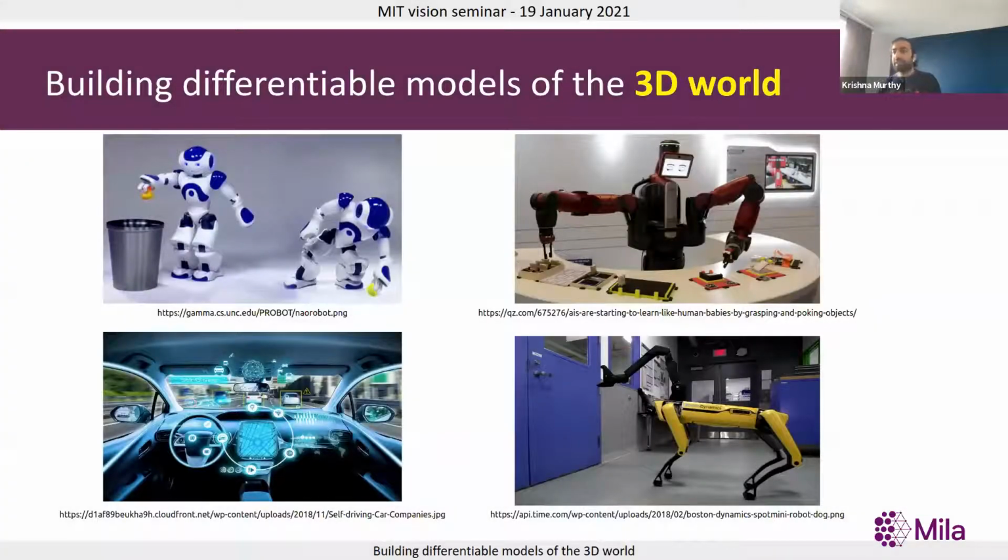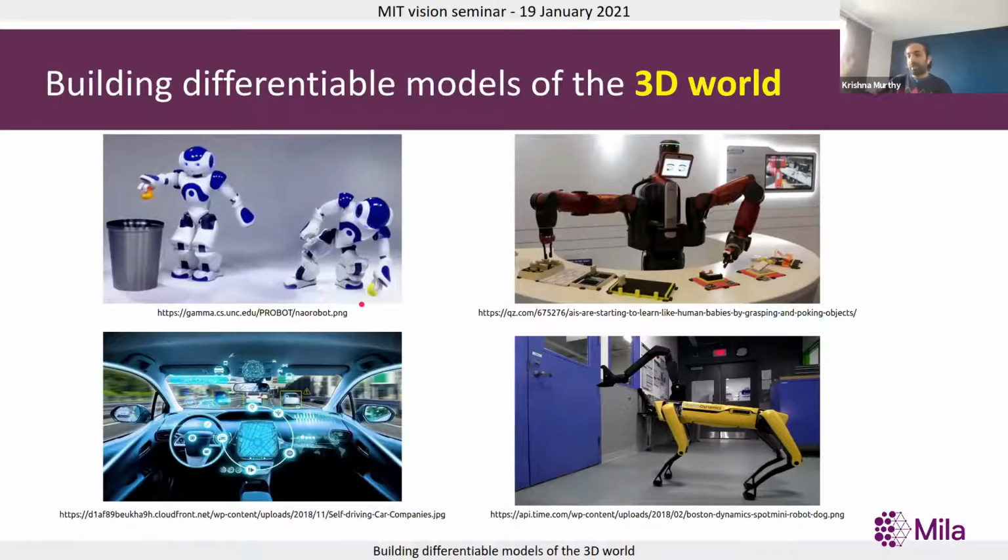So before I start, this talk was titled Building Differentiable Models of the 3D World. So I'll try and unpack the various terms I use here just to provide context for what's to follow. And at any point during the talk, if someone has a question, please feel free to post on chat. But probably the better way is to just speak up and interrupt me, because I might not be paying attention. And if at any point a slide is stuck or an animation doesn't play, just holler and I'll see how that can be fixed.